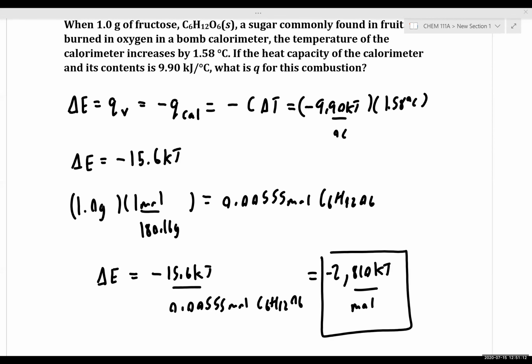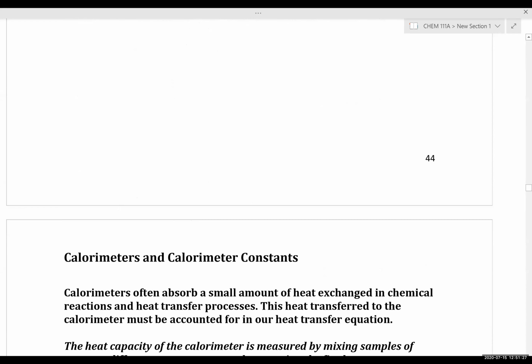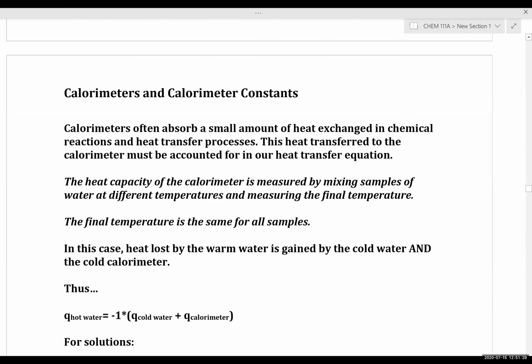So we were discussing internal energy calculations and constant volume calorimetry, or bomb calorimetry, which is used to calculate internal energy by measuring the heat of a reaction. Okay, so with that established, let's now discuss a somewhat annoying aspect of calorimetry, which is this idea of calorimeters